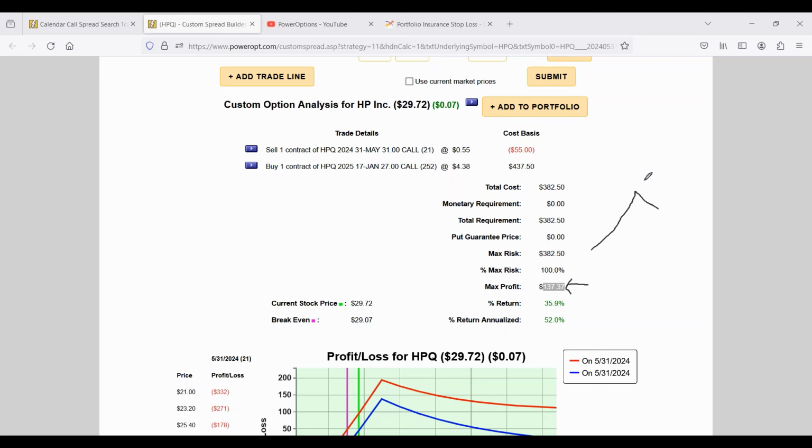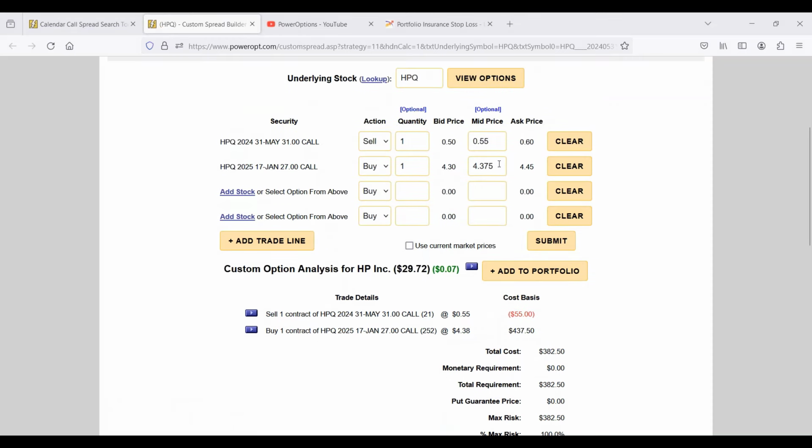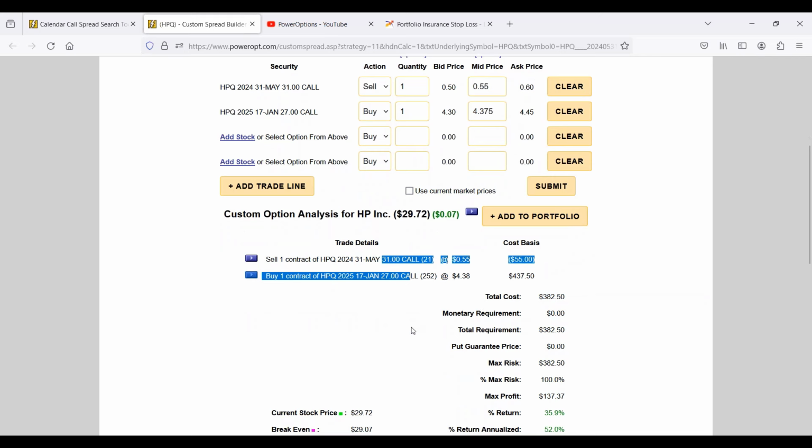That's why I don't like to use the poor man's covered call, because it leaves out the fact that you only get this return at that point. You have to know that the return is going to be less. And if your structure is wrong, if you pay too much for the long call, where the net debit that you pay into the position is now higher than the difference in strike prices, in that scenario I just described, even though the stock, this is a neutral to bullish strategy, went up as you expected, instead of seeing a profit of 35.9% or $137,